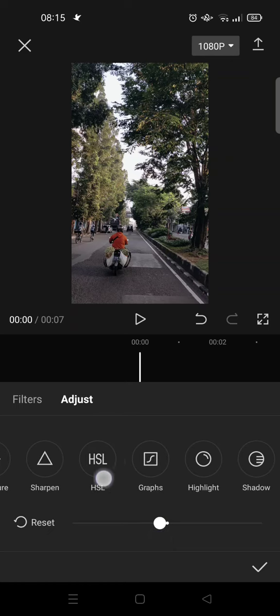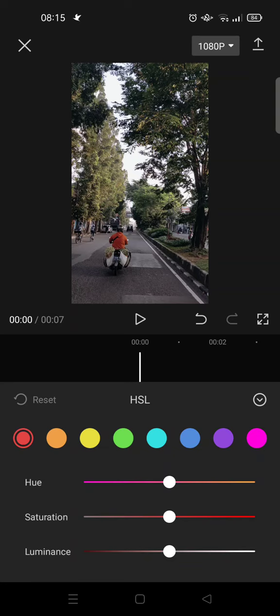click on the HSL, this one's right here, and then set the orange saturation, this orange here, into -48 like this. 48. Okay, and then